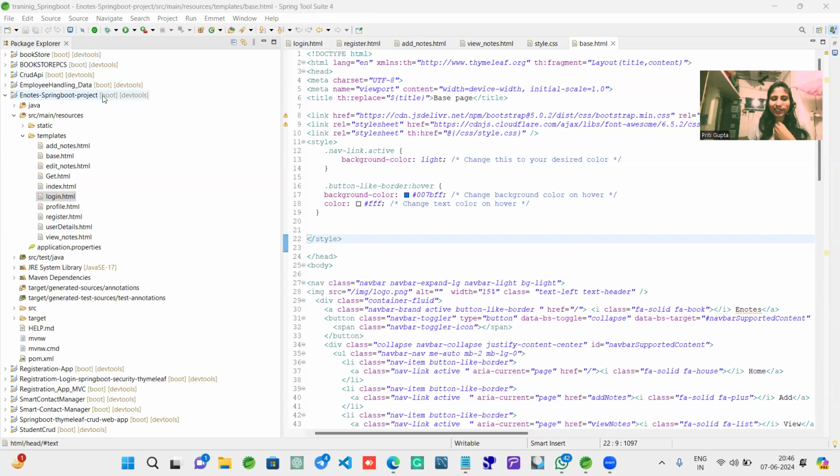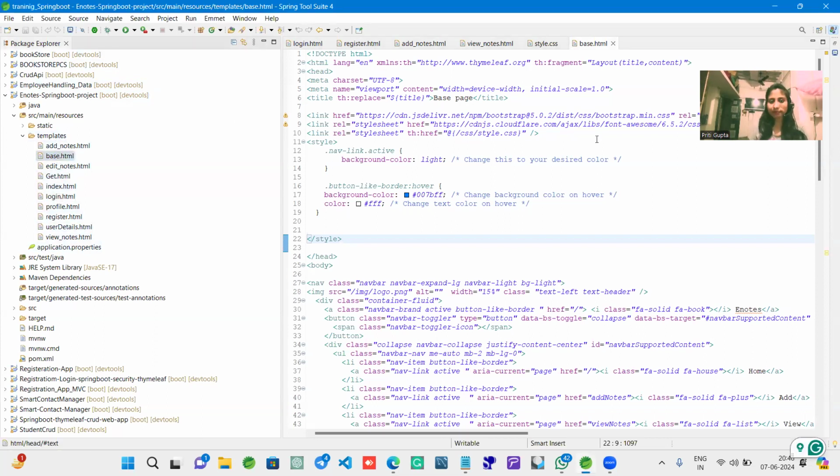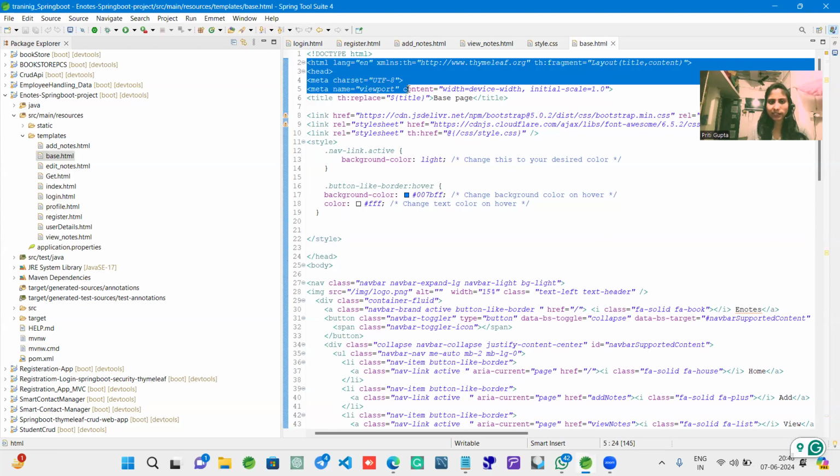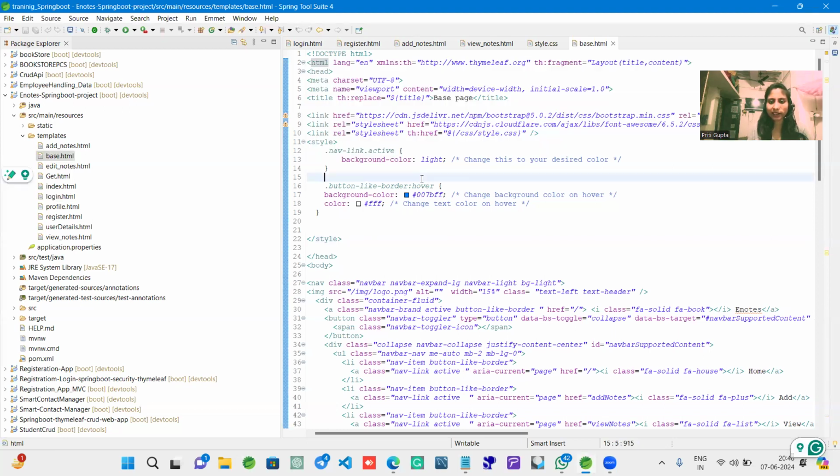For this I am using an API and Spring Boot, with the Java language, and my Java version is 17. First of all, I'm going to talk about the frontend part. I created a base page, which is similar to an HTML header with a doctype, and inside the HTML tag I used